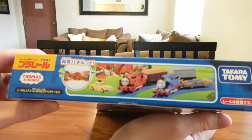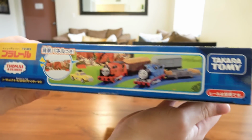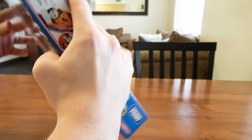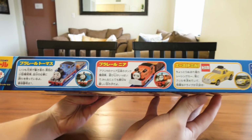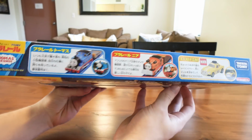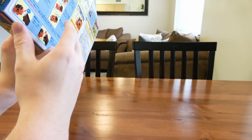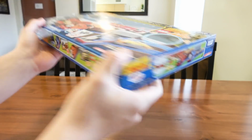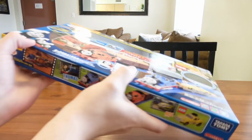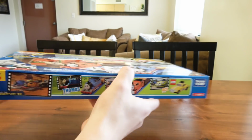So we've got this side, which looks nice. And they have descriptions of each of the characters, and I've always liked that about Plarail, is that each product also has character descriptions. Let's see. Okay, so I think this side and this side are identical, and then we've got this side,